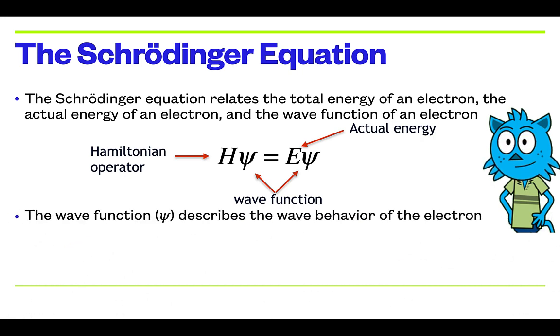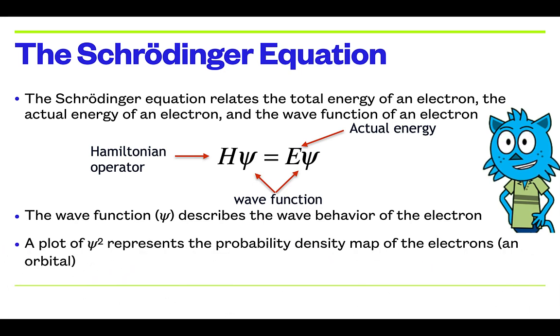Now, it looks like a fairly easy equation to solve. However, we can only solve it for one single electron going around an atom. As soon as an atom has more than one electron, the math becomes too complex because we have no way of accounting for the electron pair repulsion that those electrons will encounter as they come close to each other, since they both have negative charges. So we have no math to describe that interaction. Maybe someday we will. Maybe one of you will solve that equation later on in your life. But for right now, we can only solve it for a single electron going around an atom.